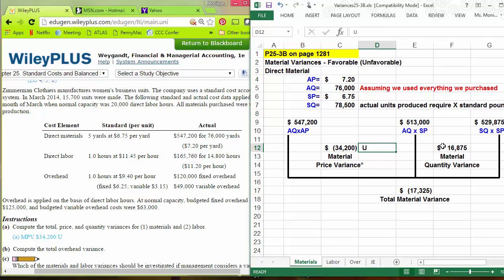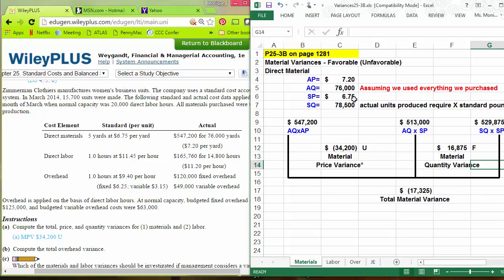And then you go on to calculate your standard quantity times standard price, which is the $6.75 multiplied by 78,500. And again, how we got that number was we took the 5 yard standard for 1 unit or 1 suit and multiplied it by the actual number of suits that were made. And that gives us $529,875. And here we have a favorable